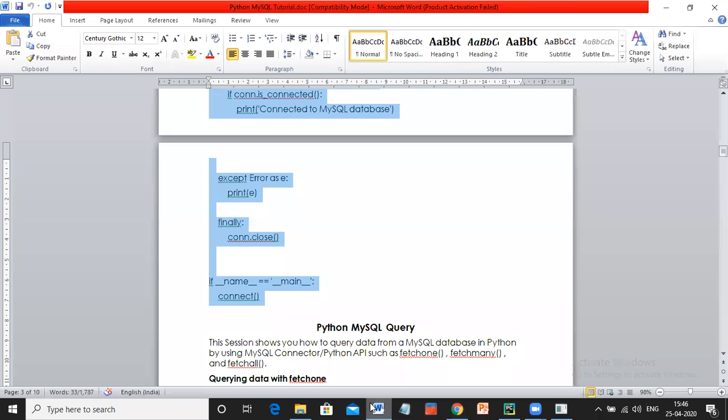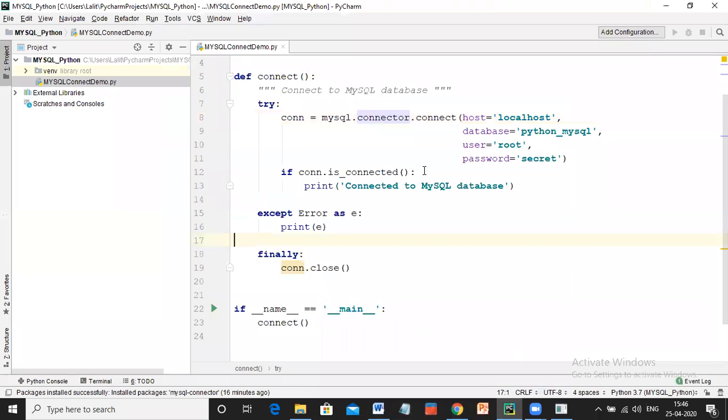Is it okay? Look at this example. Host is equal to localhost. What is host? Host is nothing but you telling your MySQL client where it is installed. In the start of the session, I told you that you need to install the MySQL client. Remember the steps we saw? So right now you installed it on your machine. If you install it on your machine, you need to say localhost.